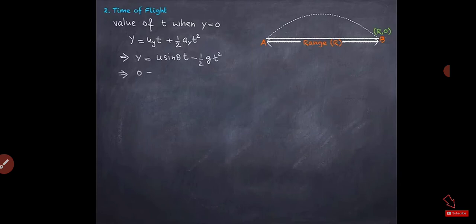Students, put the value of u_y and a_y. You will get 0 is equal to u sin theta t minus half g t square, so half g t square is equal to u sin theta t. Simple calculations, and g t you are taking on the other side. Now 2 will go up, so t would be equal to,